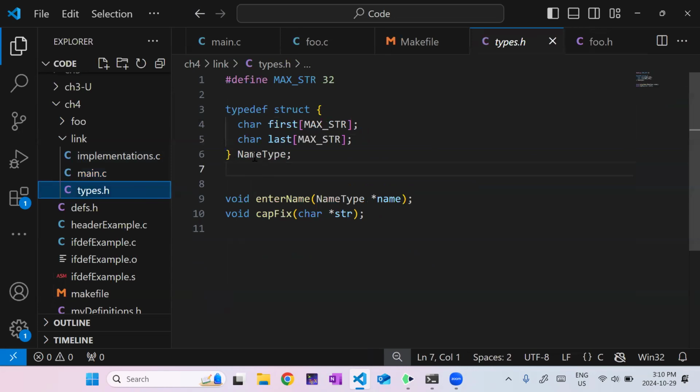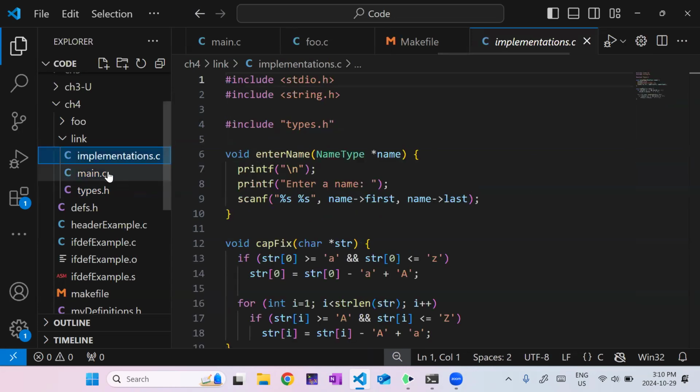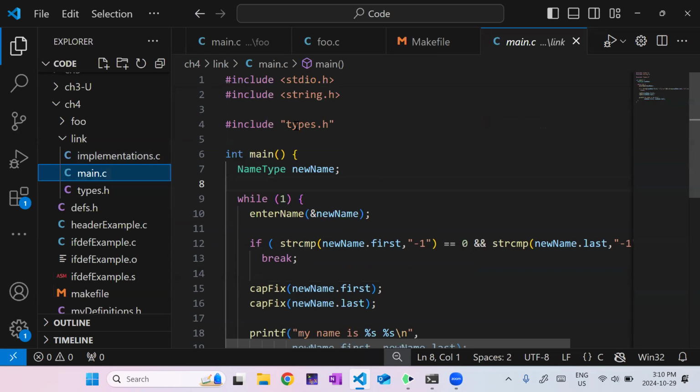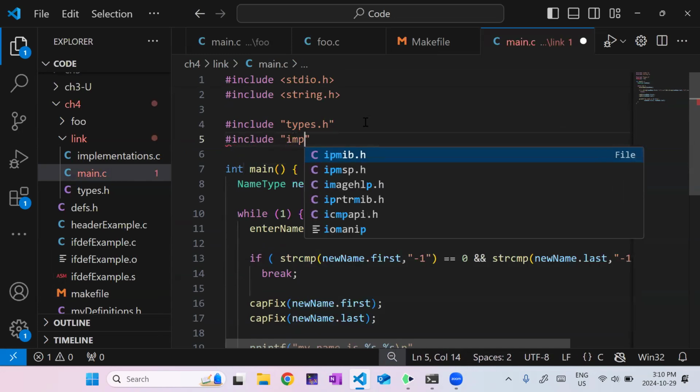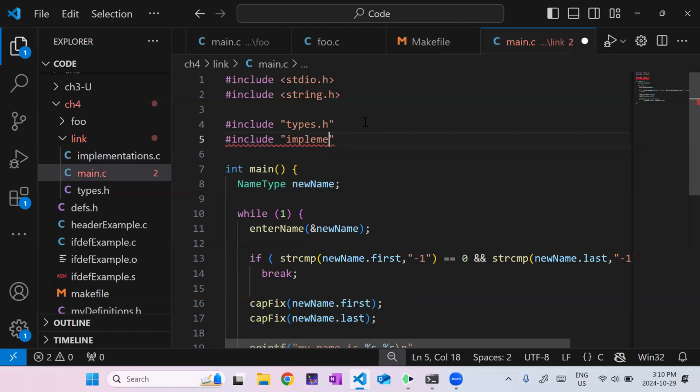For instance, another way I could do this, instead of linking it, I could do something like this, which might work at first, but then it's going to break after. I can include types.h, and then I can just include the source code. I don't want you doing this, but I can do it. So what I'm doing here is, I include types.h.